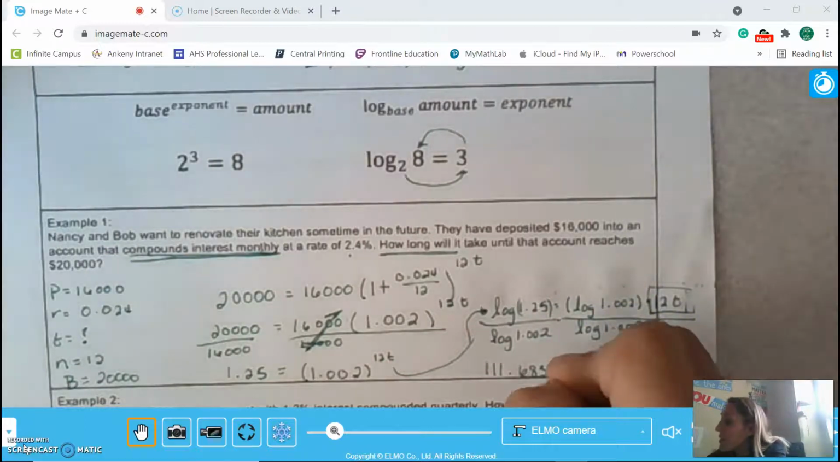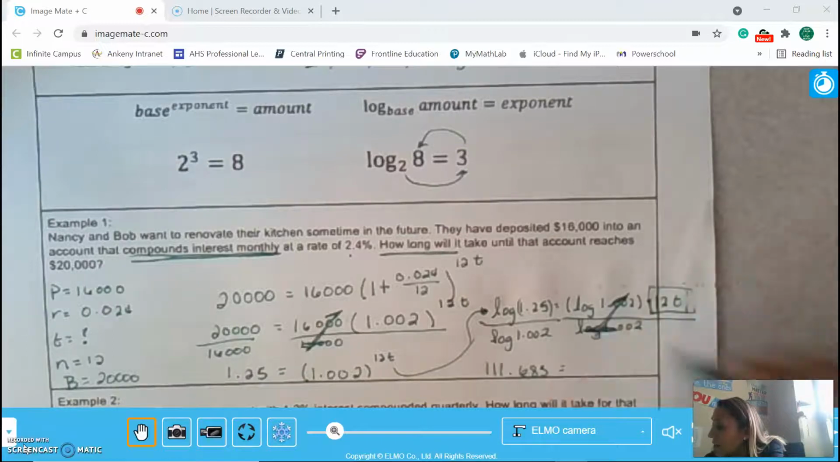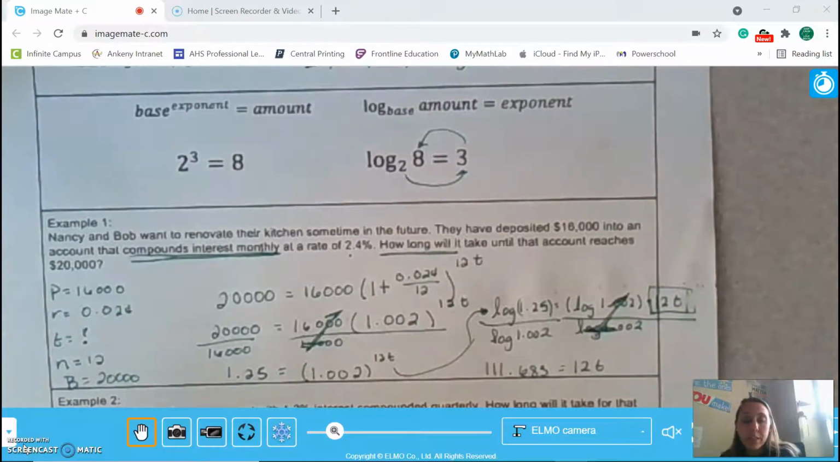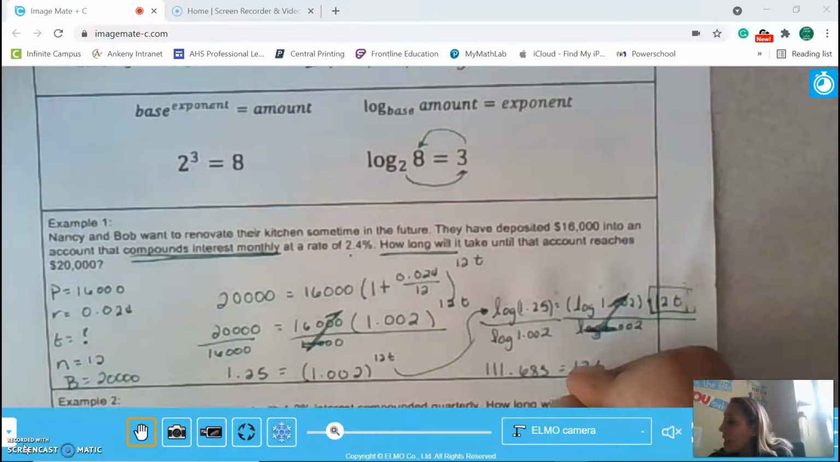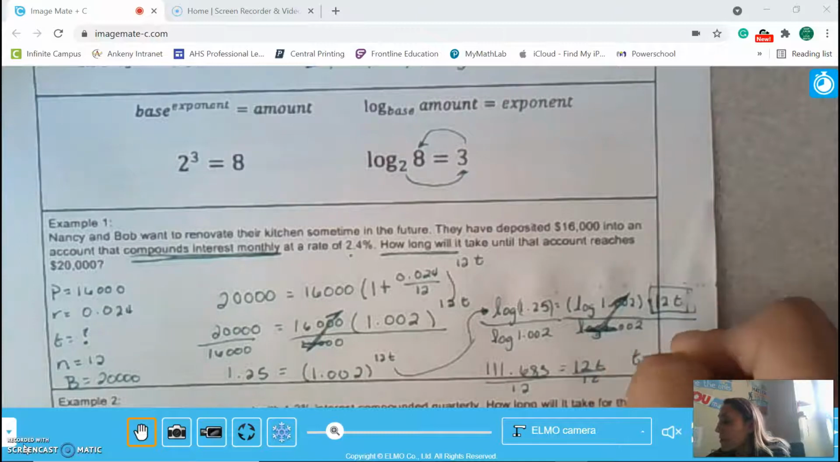So now I know that that's equal to, the only thing that's left, because this turns into a 1, is 12t. Well, how do I get 12t? How do I get the t away by itself when it's a 12t? I divide both sides by 12. I end up with t is equal to